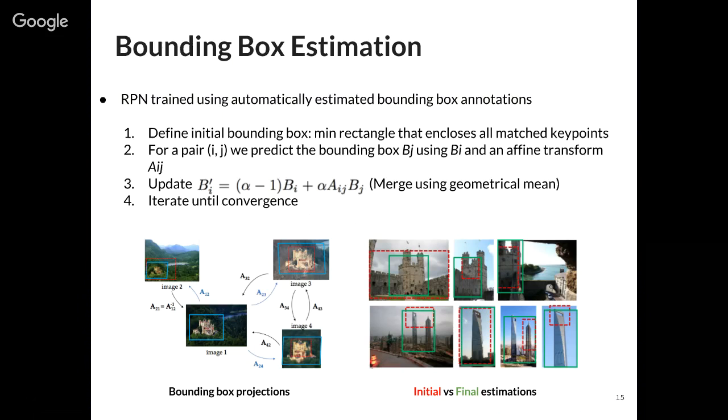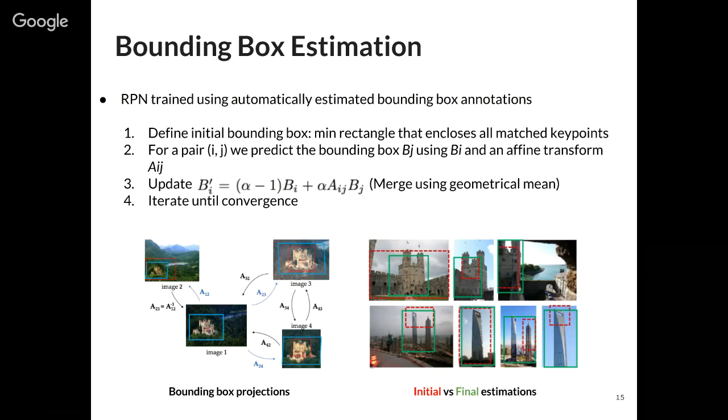Also, to train the region proposal networks, they need a ground truth for the landmark datasets. They don't have it, so they propose a method to automatically estimate where the objects of interest are in this dataset. So they define a bounding box estimation method first, as they have computed with SIFT all the key points. They define an initial bounding box as the minimum rectangle that encloses all those matched key points, and then